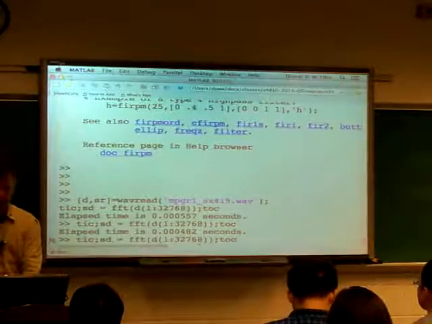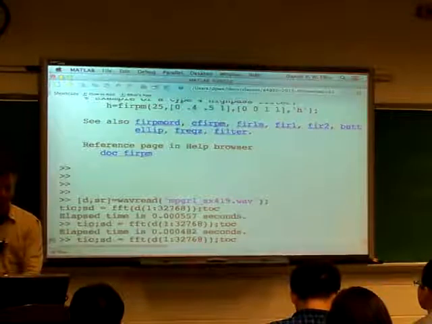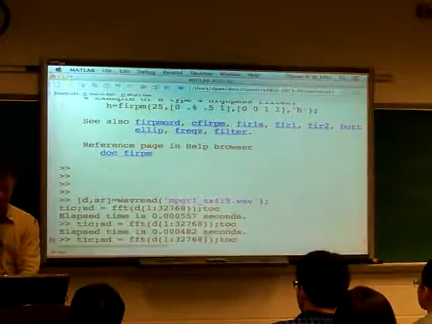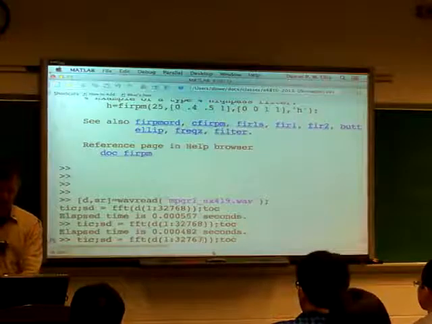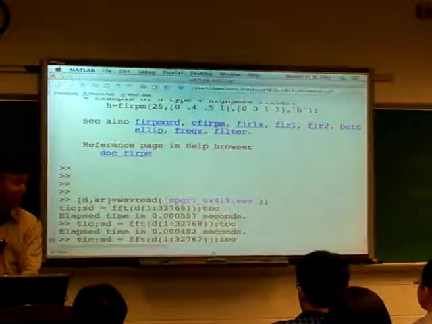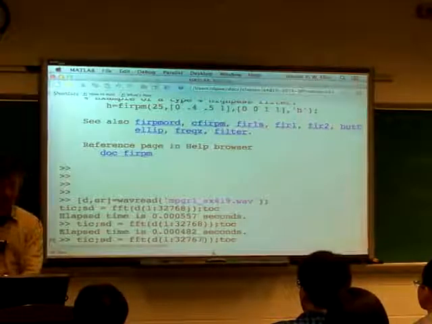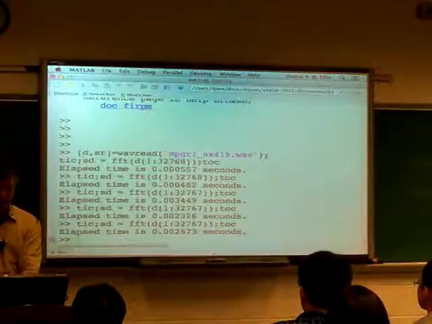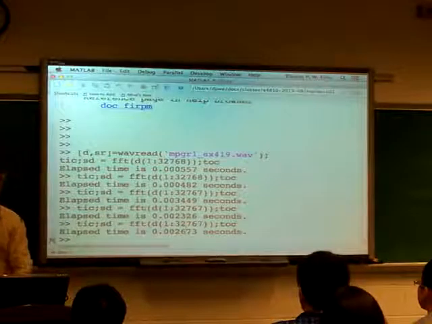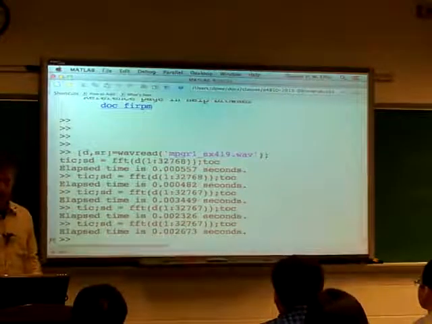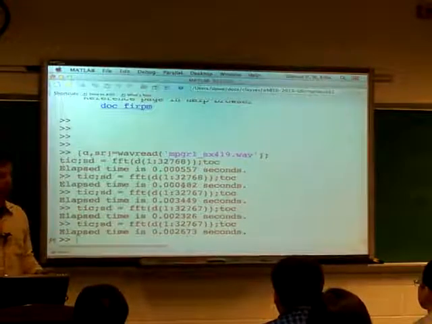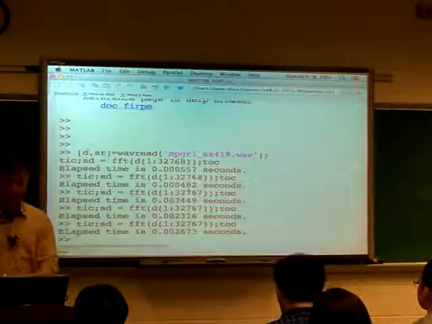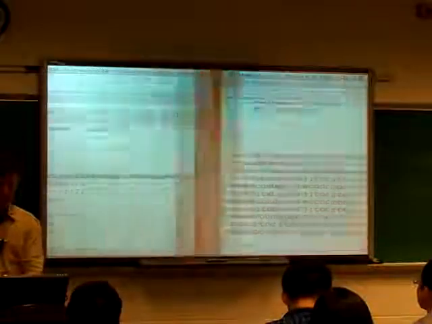Tick and tock are just MATLAB commands that read the system clock and tell you what the difference is, so you can time an operation. If I do it for 1 point less, which is actually less computation, right, I'm getting fewer points out, then 2.4 milliseconds is the best we get. So it's actually like 5 or 6 times slower for a shorter sequence